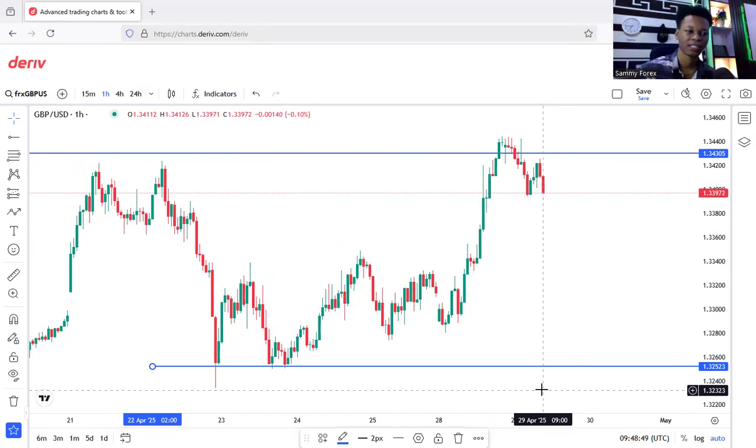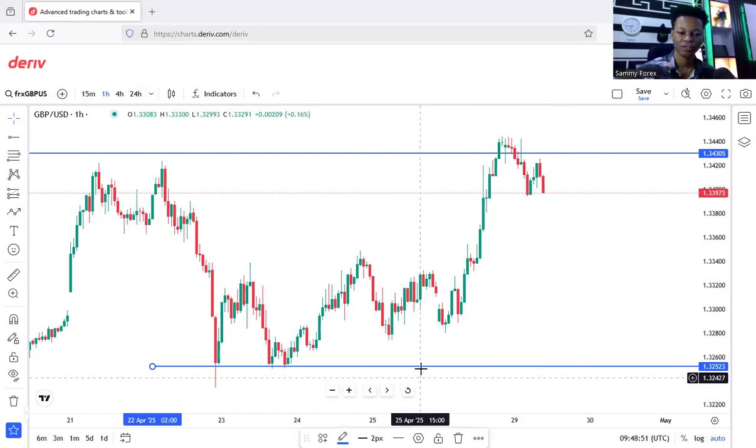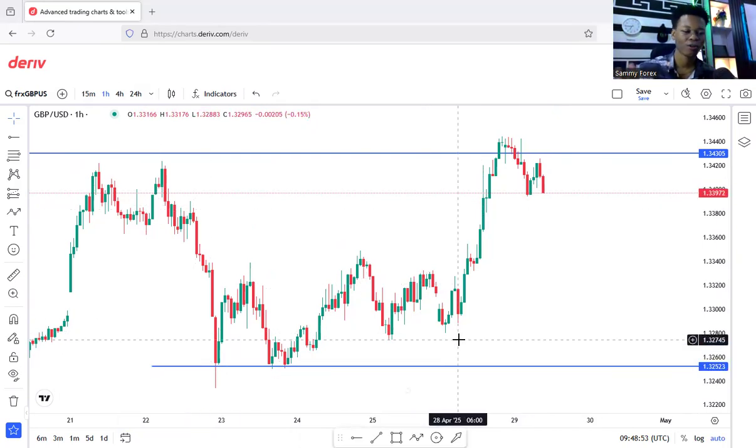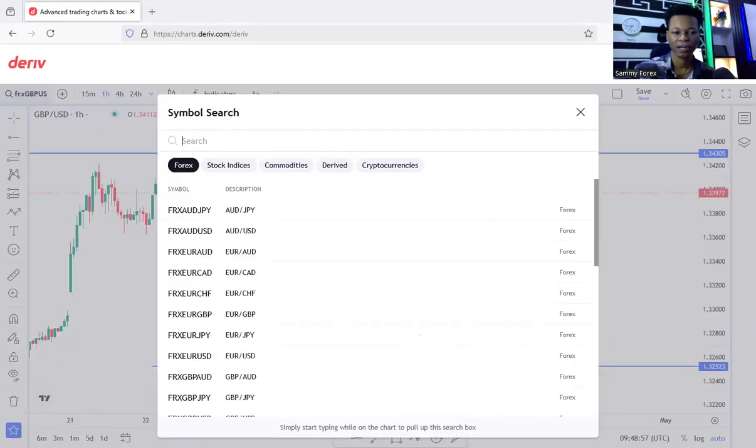If there's any change of character, or if this low is broken, price is telling us that it should keep on selling. It should keep on selling. And then we have